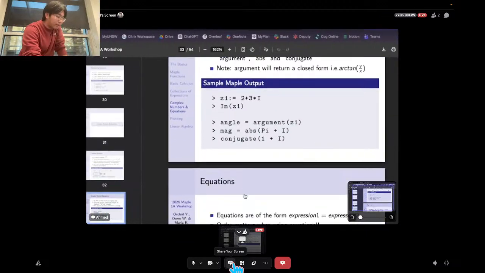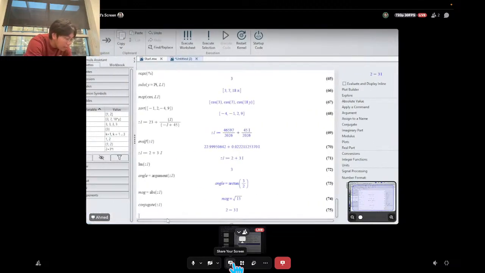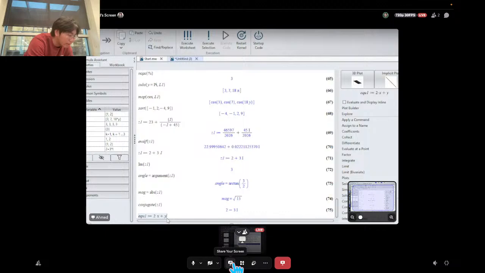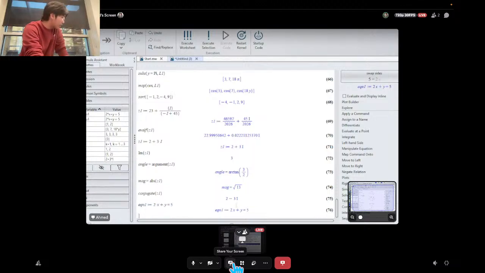Okay. Now on to equations. Right? So with equations, we have a left-hand side and a right-hand side. Right? That's what we'll define an equation as. So equation Z1 will equal 2 times x plus y equals 5. Right? That will be our equation, right? But sometimes when you do